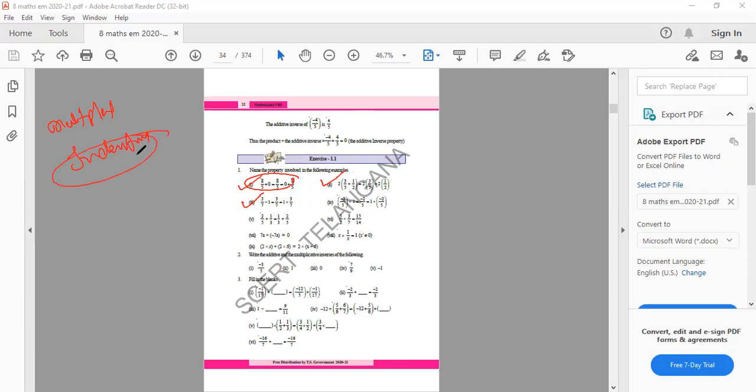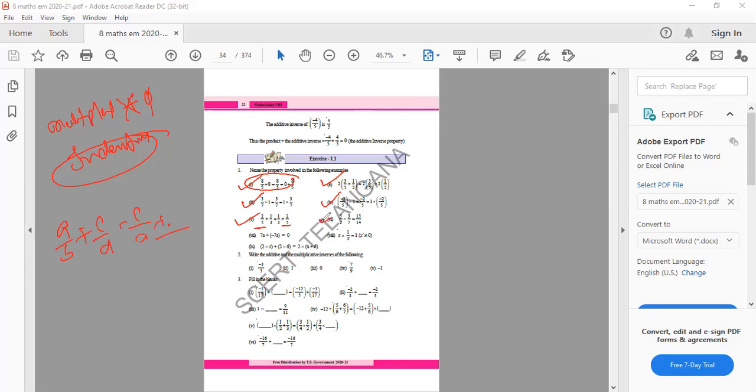Identity means that when you multiply, you get the same value. Additive identity means you are adding 0. Multiplicative identity means you are multiplying with 1. Similarly, the fourth one is multiplicative identity: you are multiplying with 1 and getting the same thing. Next, fifth one, commutative law: a plus b is equal to b plus a; a by b plus c by d is equal to c by d plus a by b. Commutative law of addition. You are doing addition, so it means commutative law of addition.